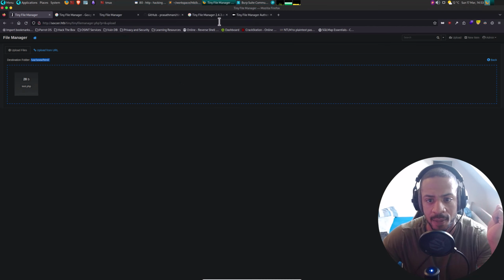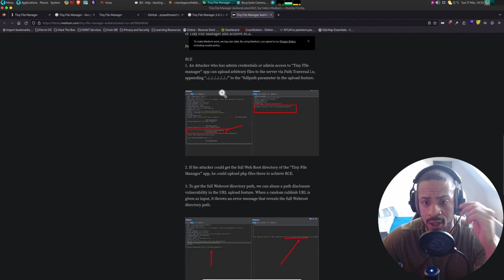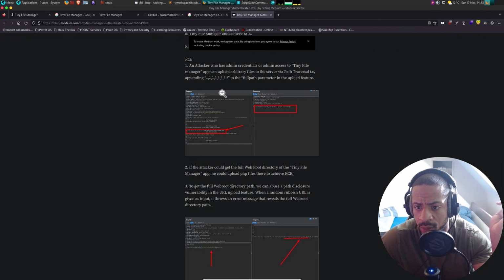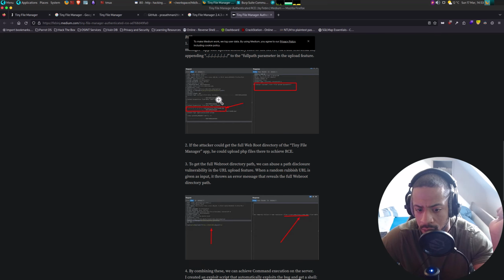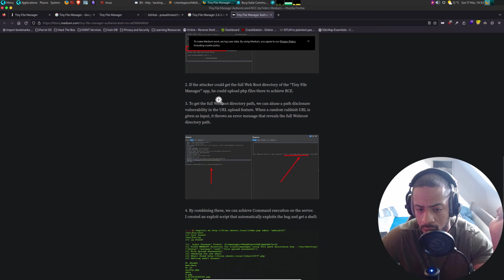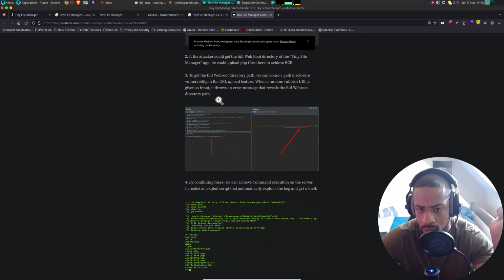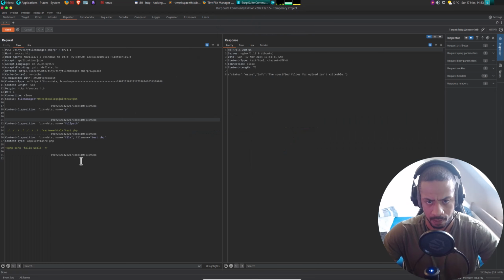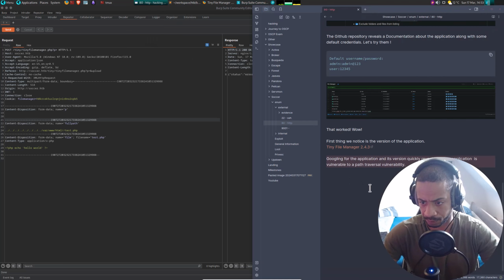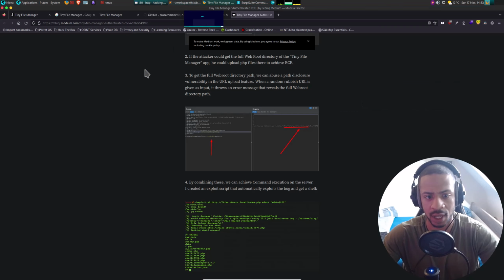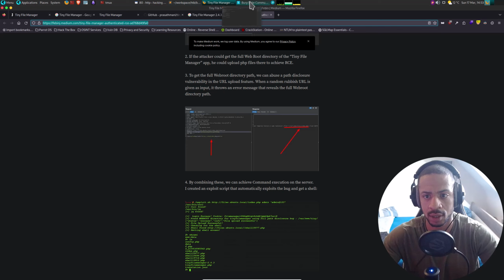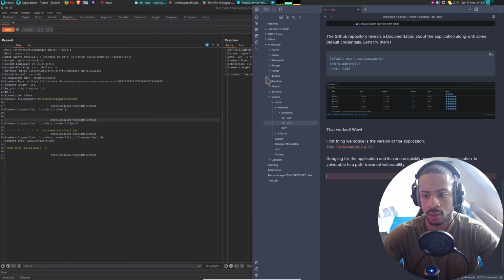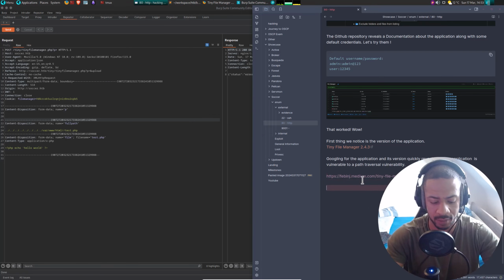Let's see. Full path parameter. Okay, so let's take the blog, post that into our notes.